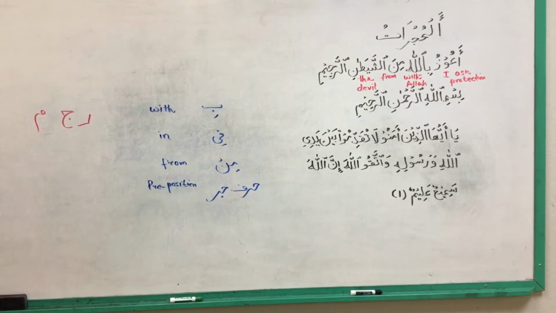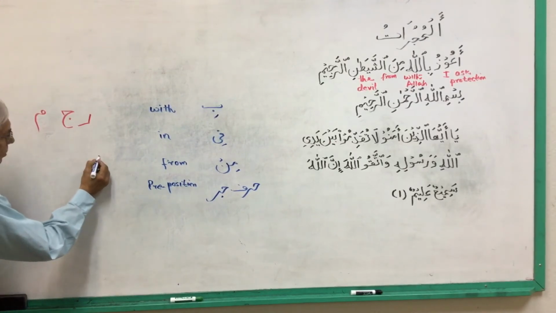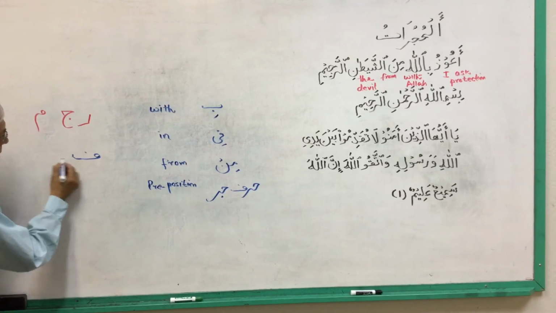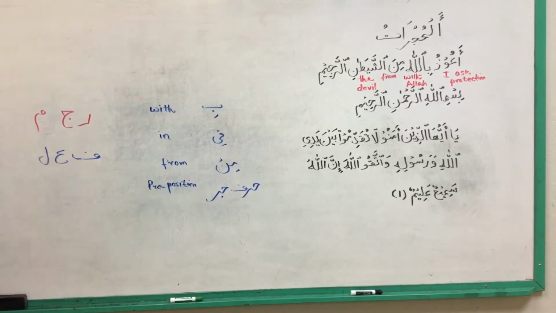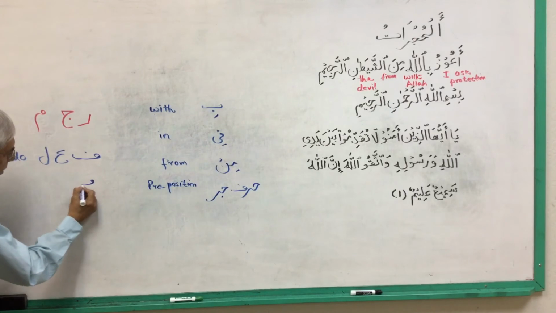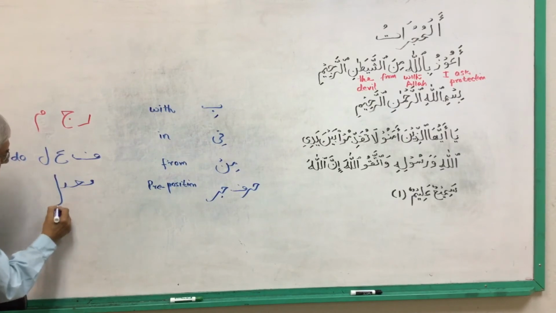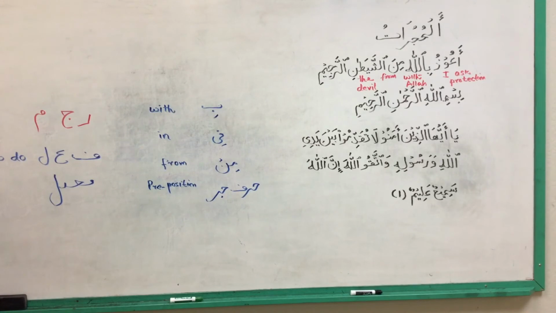Now, before I explain this further, let's look at a rule here. These three letters, fa, ayn, and lam, are the template letters, and the meaning of this is "to do." If we write these three letters together and put a ya in the middle, okay, add a ya here, so this becomes